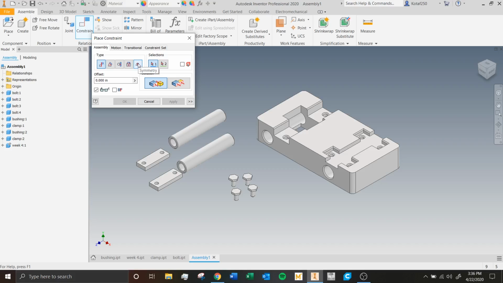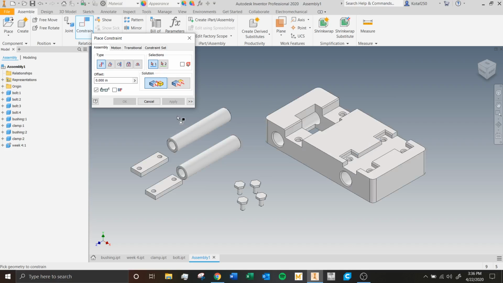You don't really use symmetry a lot. The ones that I find you use most will be the insert and the mate. Every now and then I find myself using angle, but not nearly as often as those two. A few times I've used the tangent constraint, but that one's slightly more usable than symmetry. I've never used symmetry. So in mate, you literally select a surface, an axis,